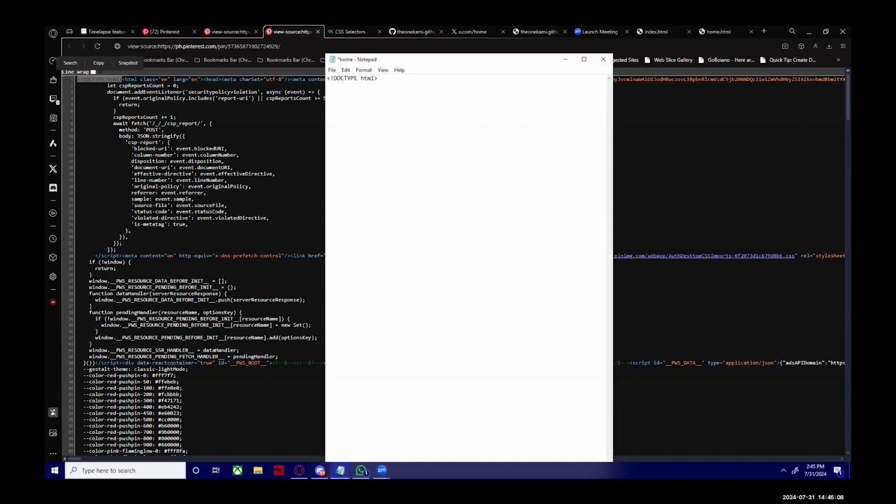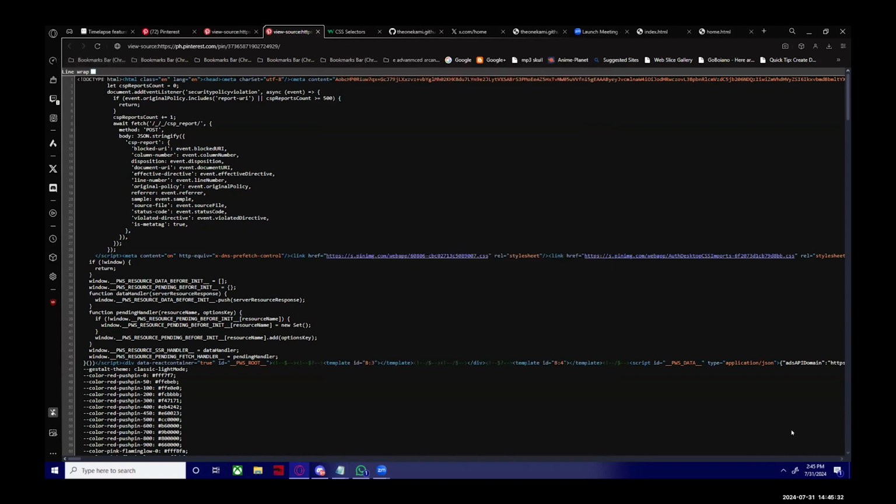Then what you have to do is define the start and end of this website. So you're going to say html, and then at the end of it, immediately afterward, you're going to say slash html. This tells the browser that anything you put within this counts as a website. So if you look at this huge website, this also has a start html tag,